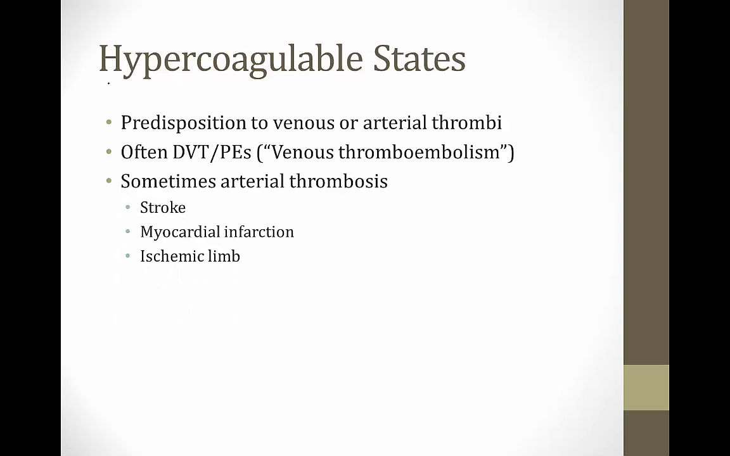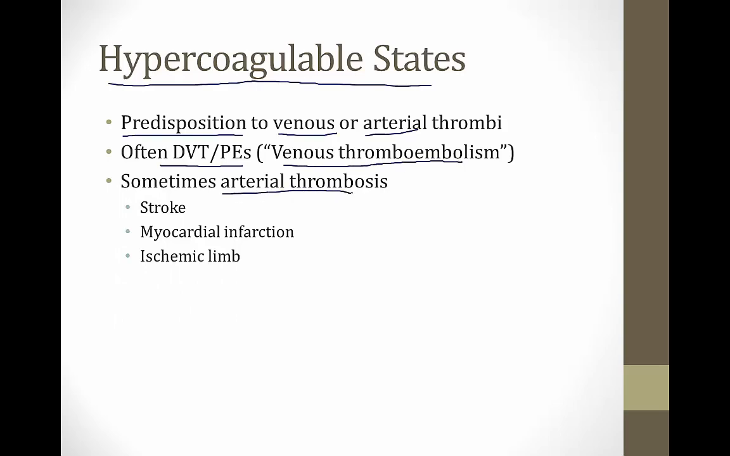We say that patients have a hypercoagulable state when they have some predisposition to develop either venous or arterial thrombi. Now, many of the hypercoagulable states we'll discuss in this module lead to deep vein thromboses or pulmonary emboli. These are collectively called venous thromboembolism disorders. Some of the hypercoagulable states also lead to arterial thromboses, and these can present as stroke or myocardial infarction or